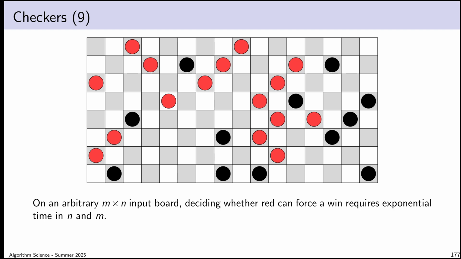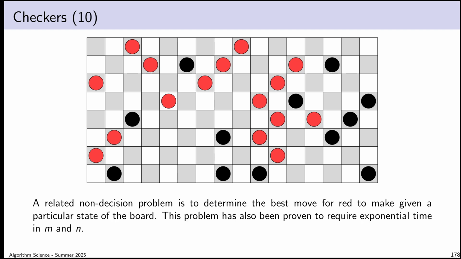Not just that there is an algorithm out there that solves it in exponential time. No, I'm saying that it requires exponential time. There exist proofs that it is impossible to solve this decision problem faster than exponential time. Now, a related problem that I think is a bit more accessible, but not a decision problem, is given a